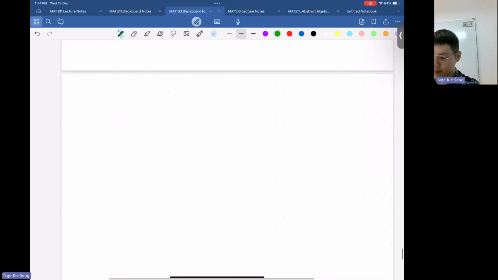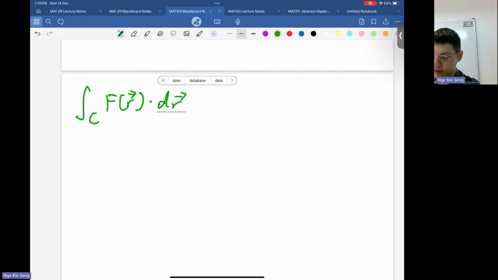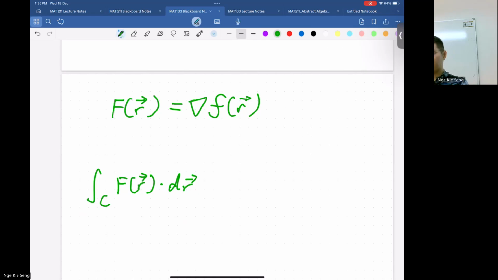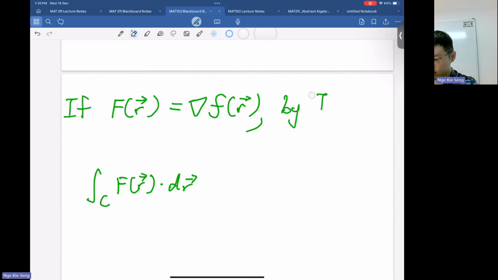So the question is to use the fundamental theorem of calculus. The question is, do you know that capital F here is equal to a gradient of some small f? If this is true, then by the FTLI, the fundamental theorem of line integral, you will know that this integral